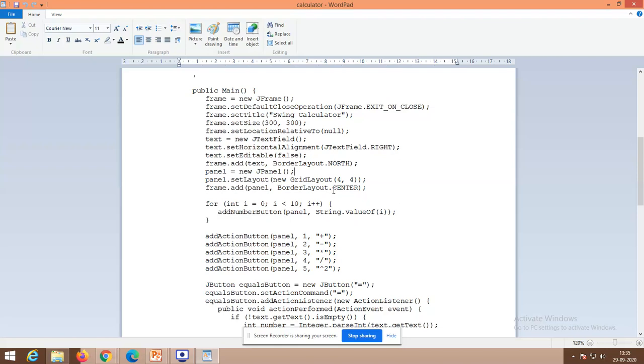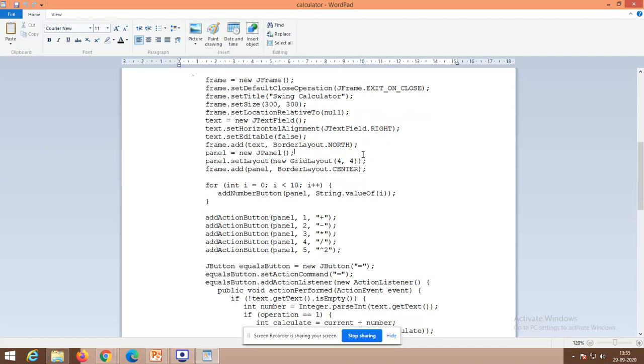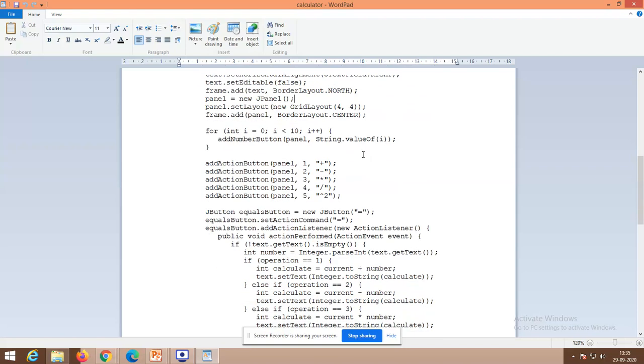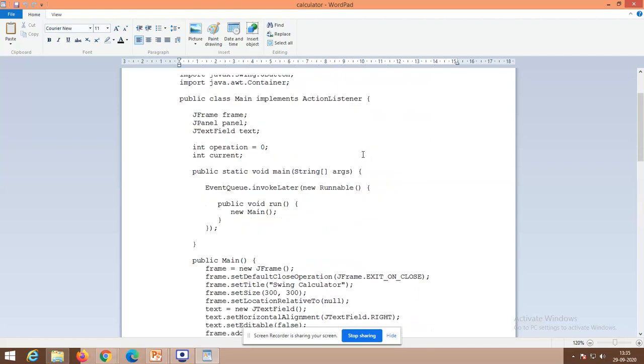Okay, so along with the directions we have that center. So within the center I have placed this. The complete set of buttons is encompassed in the panel, right? So that could be the idea behind these things. So you are able to divide the work in a simple fashion, right?